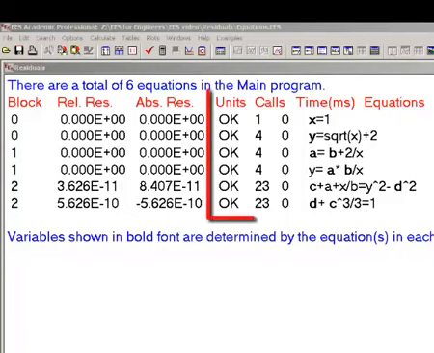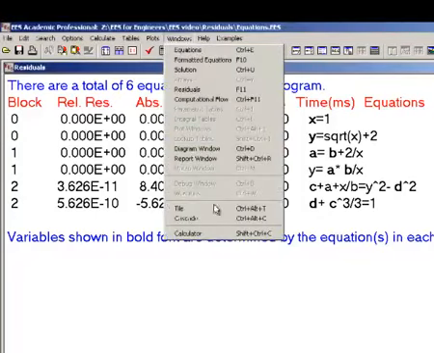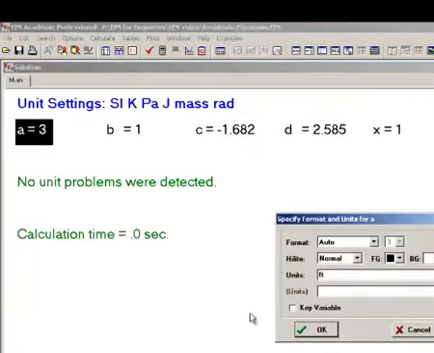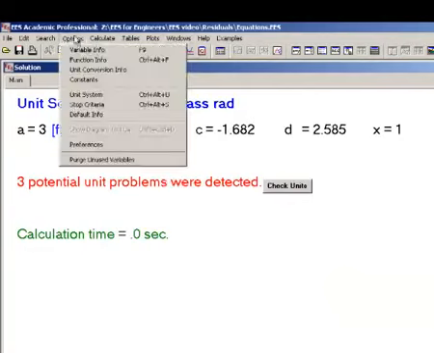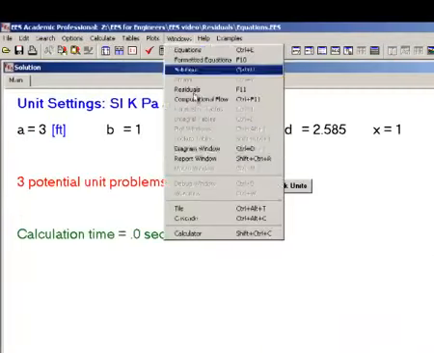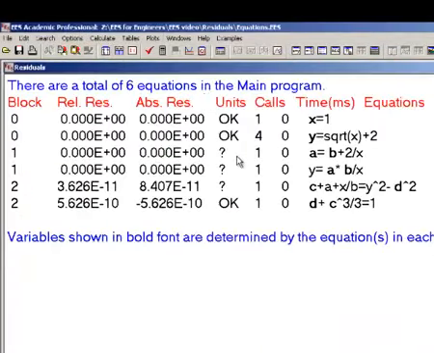The units column in the residuals window indicates the status of the unit checking. So OK here is going to appear if EES didn't find any unit checking problems. In this example, there are no unit conversion problems because we didn't enter units for any of the variables. But if we, for example, set the units of the variable a to feet and then we resolve the problem and look at the residuals window, you will notice that there's now a question mark in the units column for